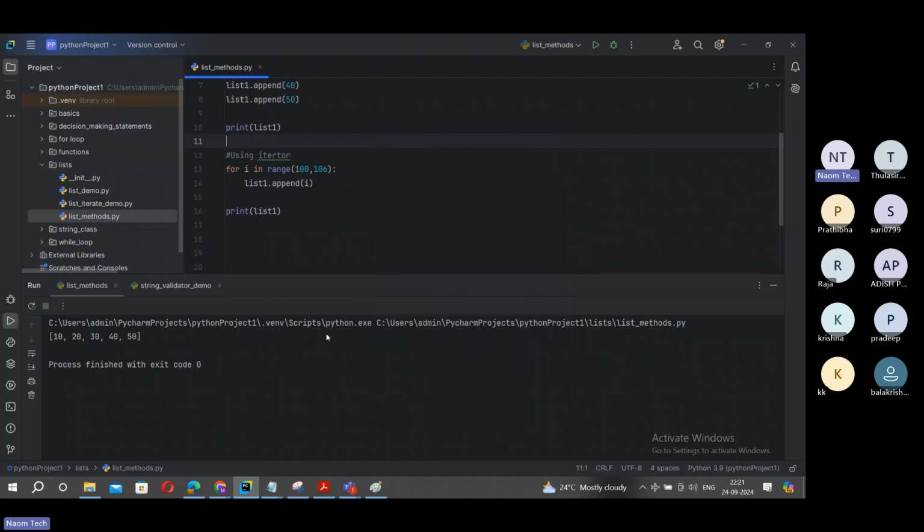Now right click and run this. You can see here how many elements are added here. You can see apart from 50, the remaining 4 or 5 elements are added here. The remaining 6 elements, I think, are added from 100 to 105. Right? Suppose you see here you start with 1. Okay. How many elements do you want? You add some